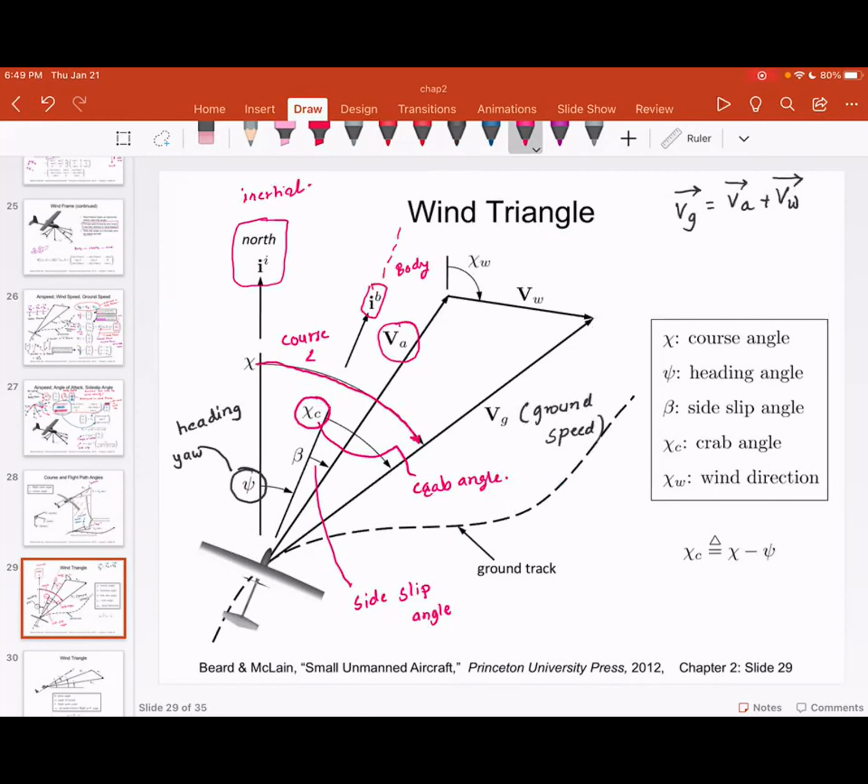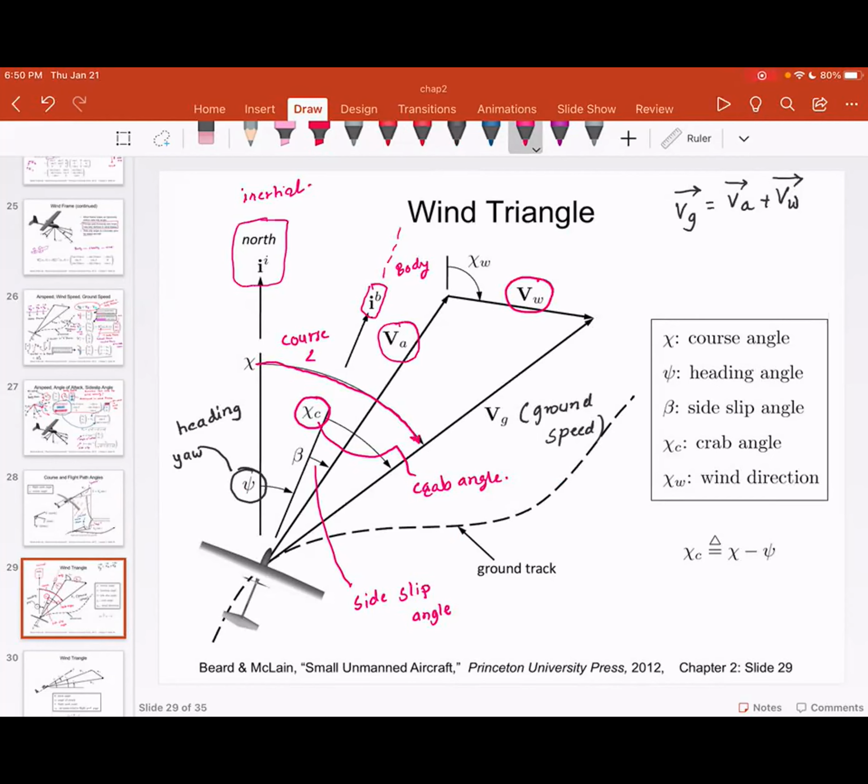And then heading is nothing but the rotation. You are looking from the top view, the orientation change from the inertial to the body. But the aircraft is going to have some sort of side slip because there is some wind velocity. And what that does is this wind velocity gets added to the airspeed,